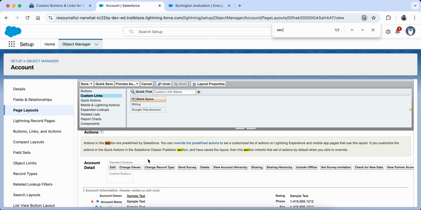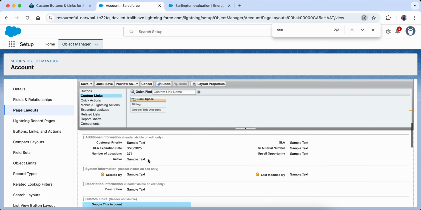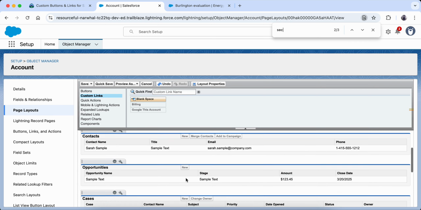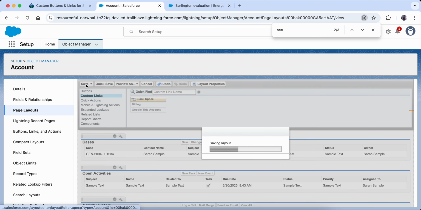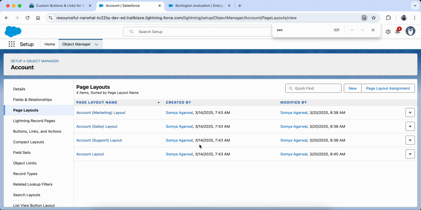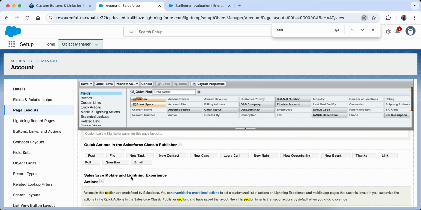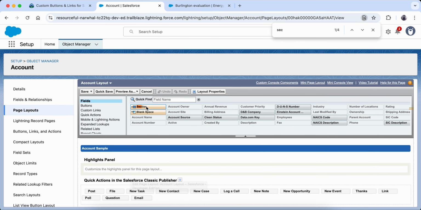Let me search. I don't see anything in the section property window. I don't know what they're saying. Okay, let me check if this is added or not. I think this one, the section property window, this one.